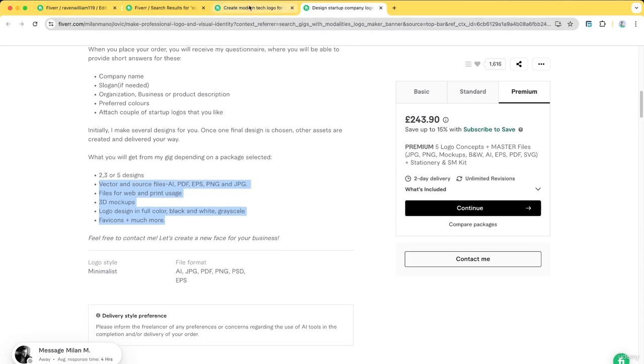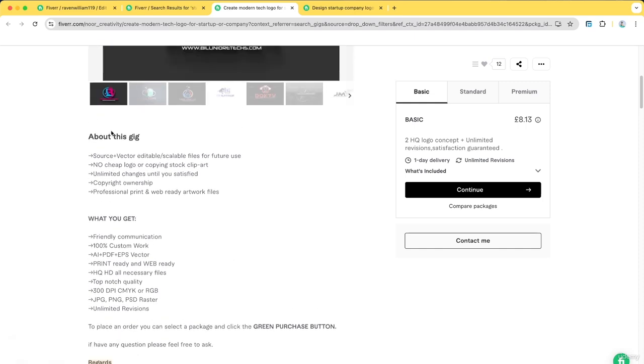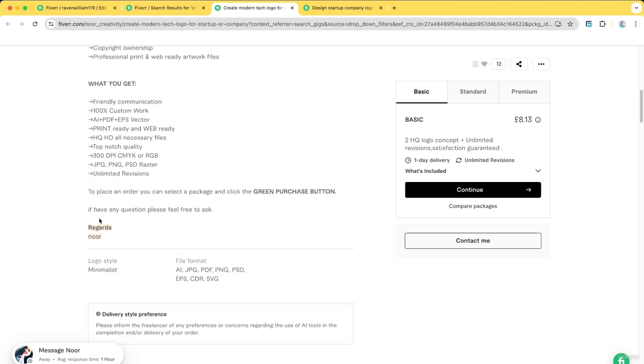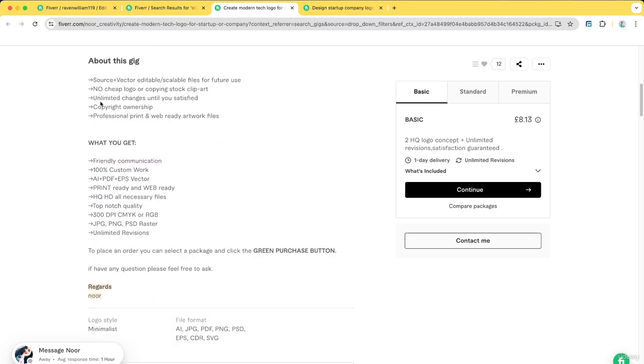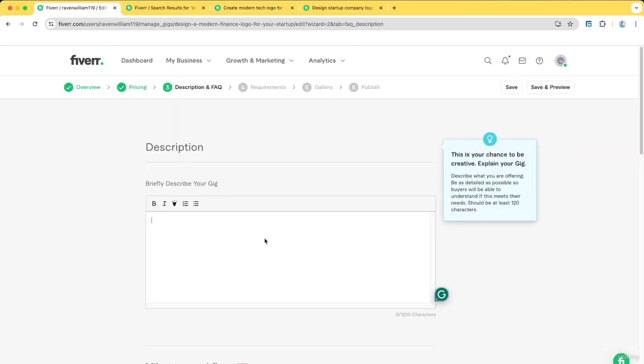Okay, so let's go back in here. This person, let's view what they have. Okay, so they didn't introduce themselves, but again, very straight up with what the client will get, and a call to action for if they have questions. By the way, if you were wondering, clients can easily message you like this. So I'm in the client view right now. Okay, let's go here and start writing.